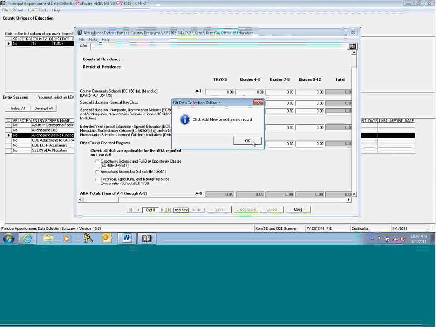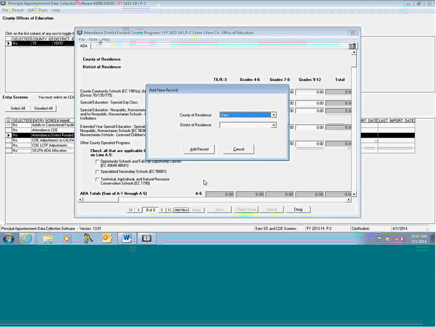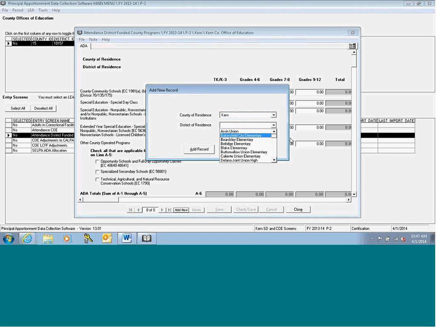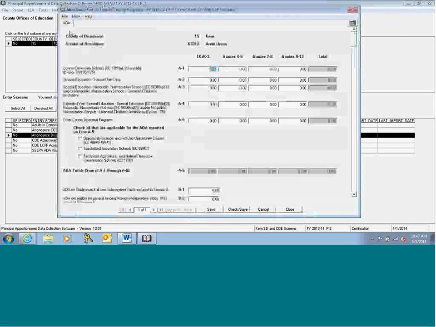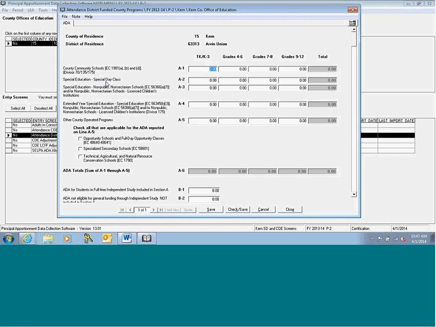Under LCFF, counties will report ADA by district of residence for students they serve that are not funded through the county's alternative education grant, but rather the LCFF funding is provided to the district of residence. Some new additions to this screen that were previously collected in the Attendance COE data screen are homeless, which was added to line A1 and is the reference to 1981D, and opportunity schools and classes, specialized secondary schools, and technical agricultural and natural resource conservation schools were all added to line A5. A county should report in this screen all ADA by grade span for classes run by the county